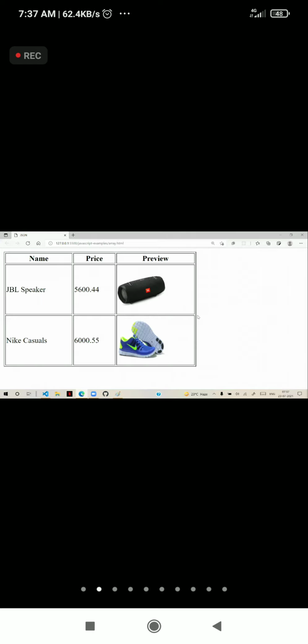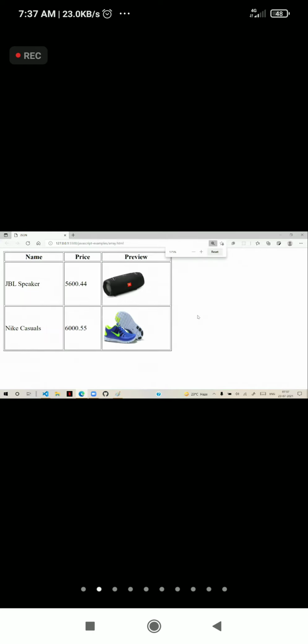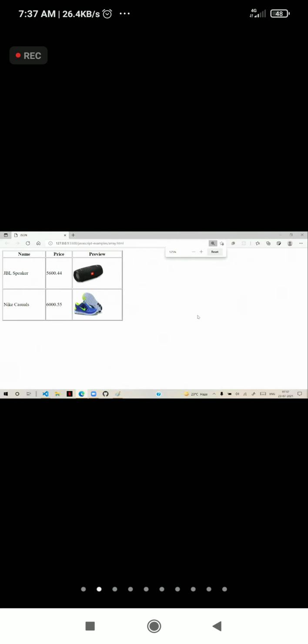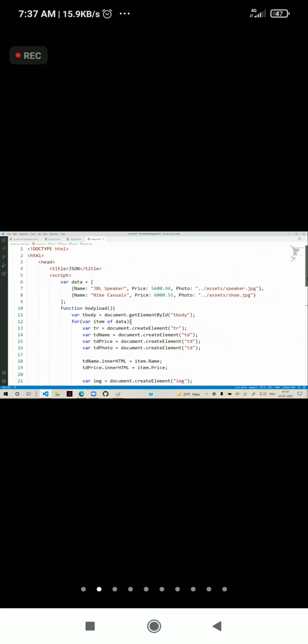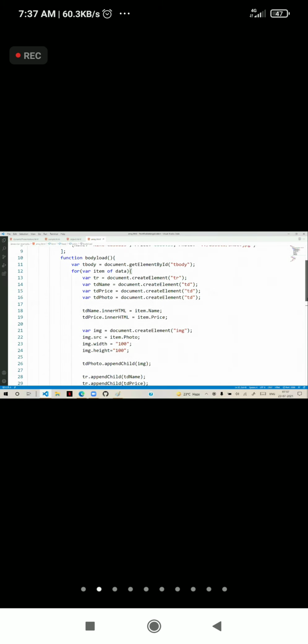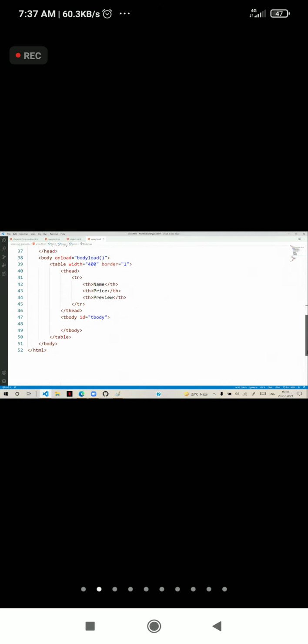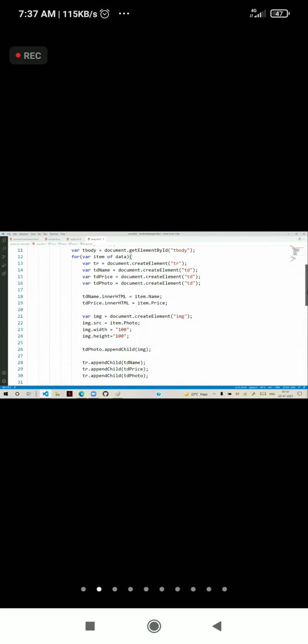The table is created and the rows are added dynamically. So tables are generated dynamically. This time we have a little bit complex data. We are accessing this data, generating it into a table form and presenting it.